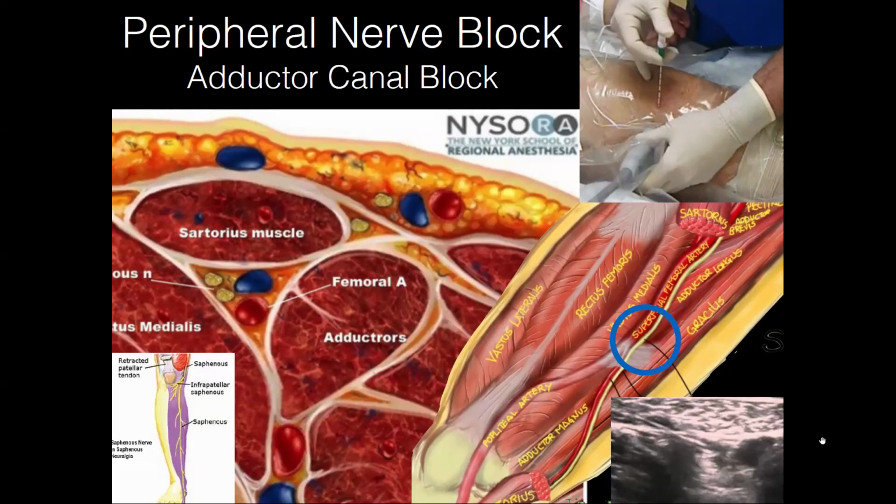This purple here is the skin coverage for the saphenous. And in there is the nerve to the vastus medialis, which carries some motor fibers to the vastus medialis. And there are cases of vastus medialis atrophy after adductor canal block, so it's something we need to be aware of. If you want to be as safe as possible, you use a twitch monitor. And if you don't have a twitch, you're not on top of the nerve and not skewering it,